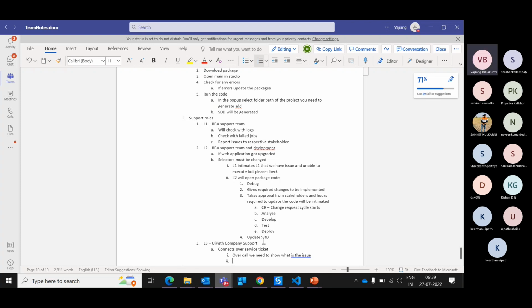For example, in a shared folder, or you can also say in the Orchestrator folder, all of a sudden we are not able to see all the folders. We don't know what the reason is. So we are not able to work with it because that is a cloud Orchestrator. We are not monitoring it. So we can connect with the service support team and they will check the settings and validate. Now the support team